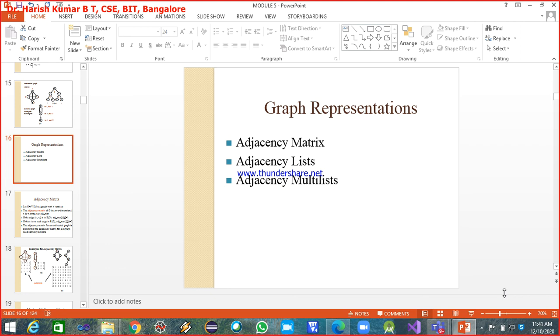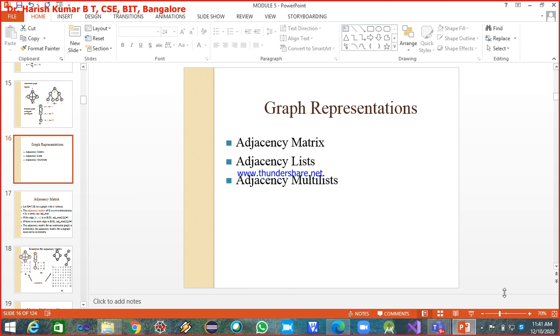Yesterday we started with the graphs. You understood the different terminologies and the types of graph: undirected graph and directed graph. A directed graph you can also call a digraph.